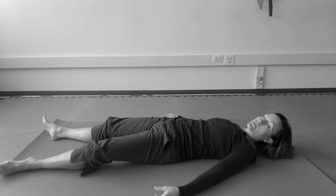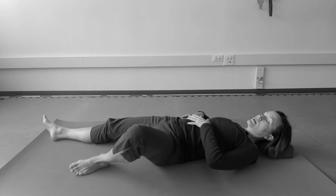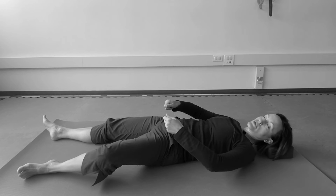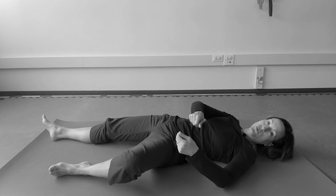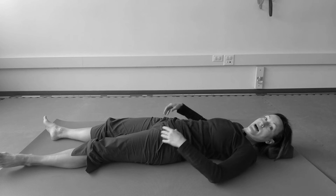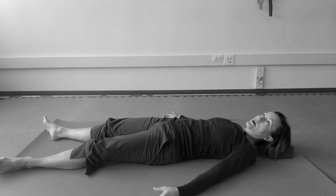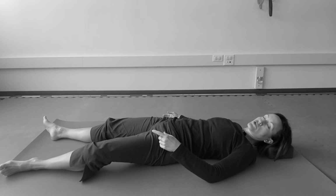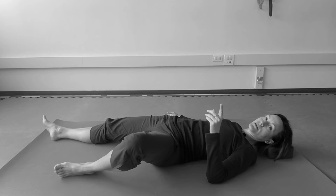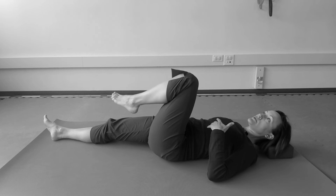I'm actually dragging my limbs towards the rest of me. And I'm letting this weight, the weight of my thigh bone and knee, pull the rest of me toward them. And that may or may not feel comfortable to your back. So that's the reason to go slowly, to really allow yourself to find the trajectory. Maybe your knee wants to go a little bit more diagonally towards your chest. But whatever trajectory you choose,